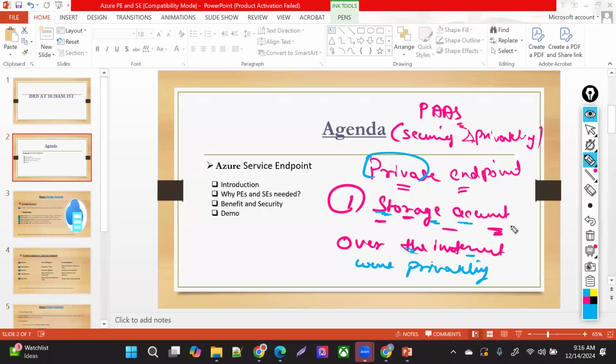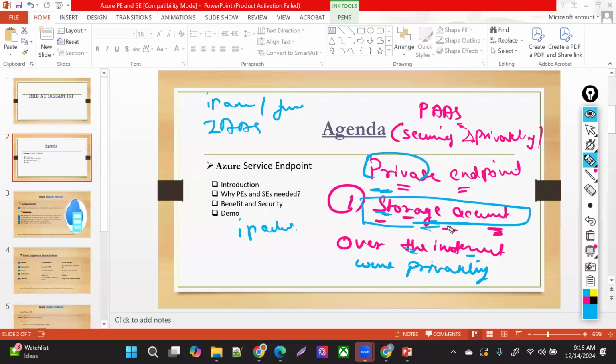We all know that to access any service, we need to have an IP address or FQDN. But this storage account or any PaaS-based service won't provide you any IP address. If you remember, in our very initial classes, I told you that if you get an IP address from the VNet and subnet, that means it's not a PaaS-based service, it will be infrastructure as a service. But here you're not getting any IP address with the storage account by default. That means it's a PaaS-based service.